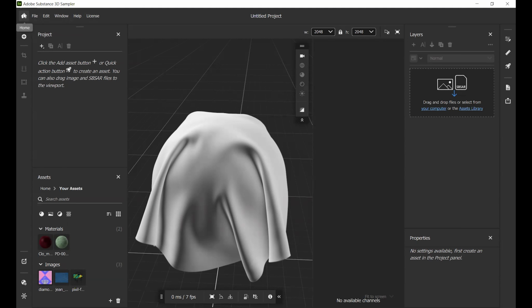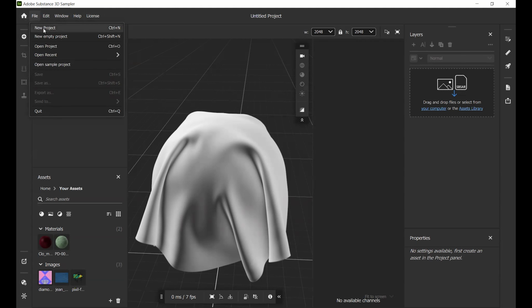First of all, let's talk about the application menu bar. Here we don't have really fancy stuff. You can find the File menu. Here you can create a new project, bring in your project, or open a recent project. If you already created a material or you are working on a project, you can go here and hit save. If you want to save in another folder, you can go for save as. So these are some options under the file menu.